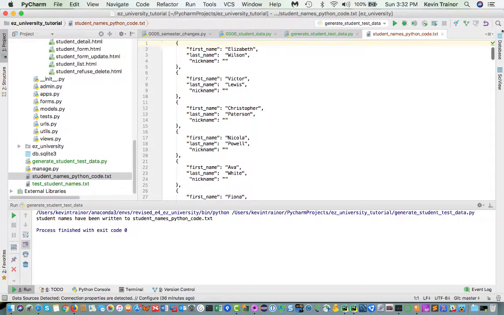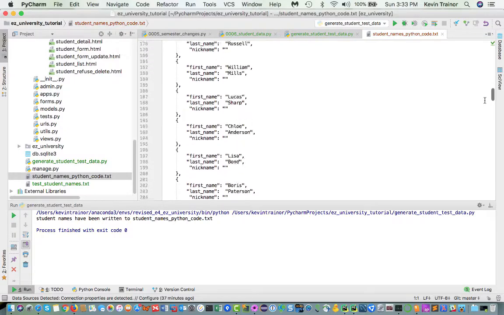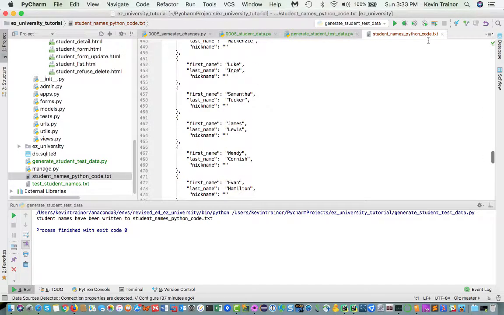So I'm going to give you the names file that I generated for the instructors, and I'm going to want you to adapt the Python from generate student test data to generate instructor test data, and to generate the entries that go into the migration code. Now, the one part of the migration code I haven't really gone through with you that bears some